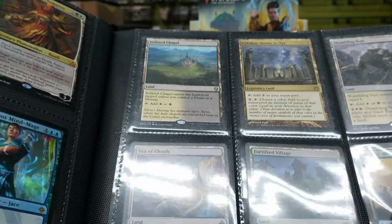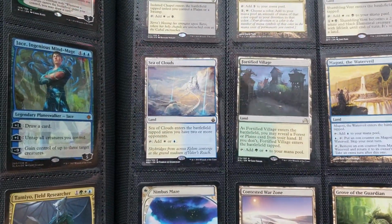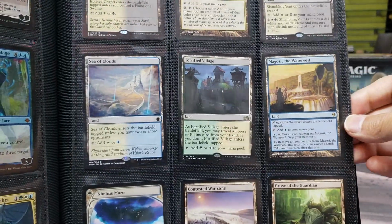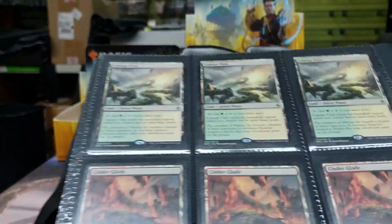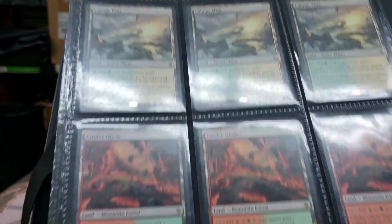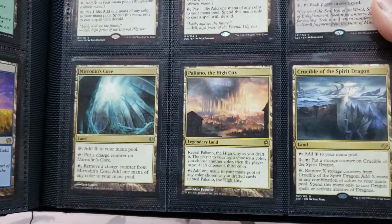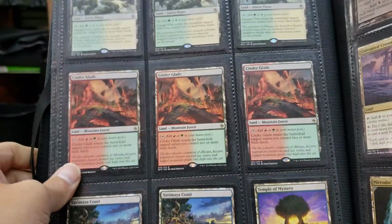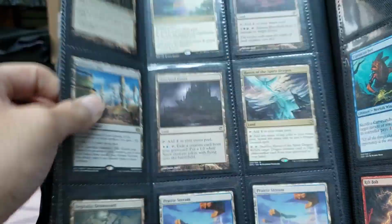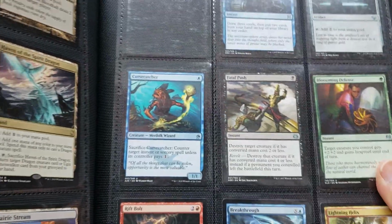And so you can see right here, these are some of the lands, and these are just various lands. No high value, but for trade value, $3 or $4 is not bad. And I have this mostly for when I'm trading with new people who are here in the store, or some of my friends. I never know what they're looking for, what decks they're building. And then I grab other cards that I usually just put into my binder. And every now and then I'll trade for something really good. So like I said, I have that Blood Moon, a couple of good cards. But on average, this is my...